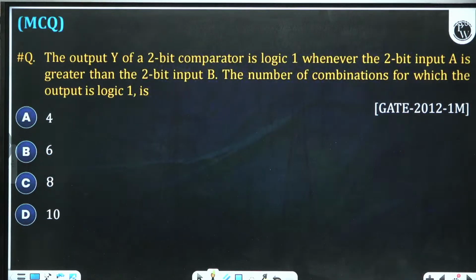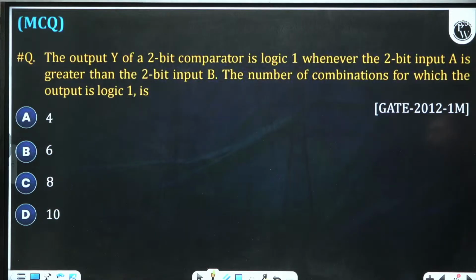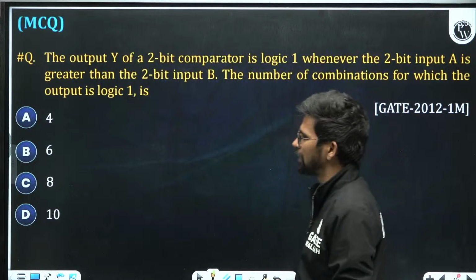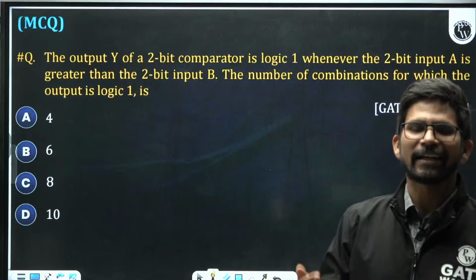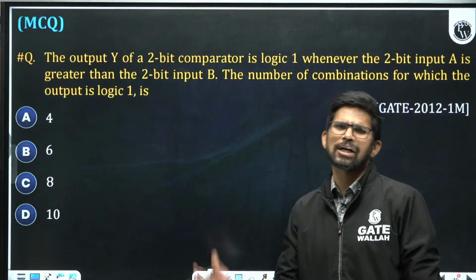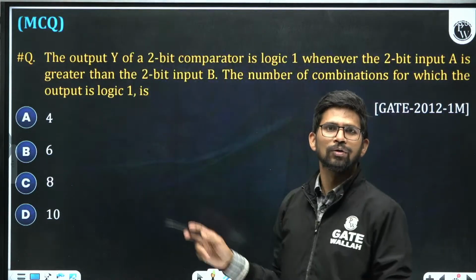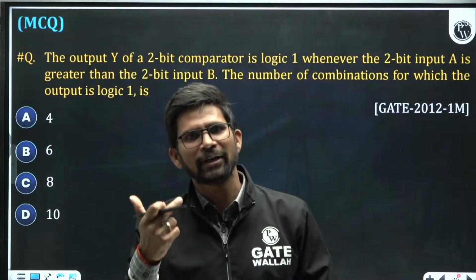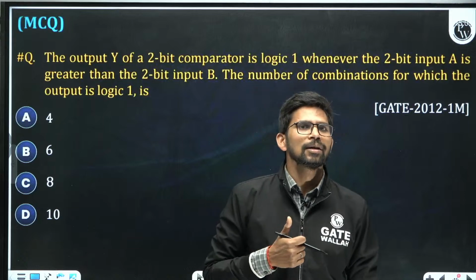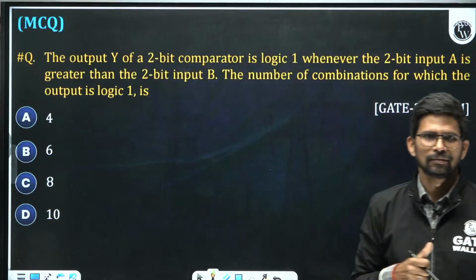एकदम गधों टाइप की बात कर देते हो बीच बीच में। The output Y of a 2-bit comparator is logic 1 whenever the 2-bit input A is greater than 2-bit input B. The number of combination for which the output is logic 1 is, बताइए जल्दी से। आउटपुट इज लॉजिक 1 मतलब इन हाउ मेनी कॉम्बिनेशन A greater than B is true, तभी तो आउटपुट 1 आएगा। वही पूछा, क्वेश्चन को घुमा के पूछ दिया। अभी यही पूछ देता the number of combination for which the output is logic 0, तो आपको बताना है कितने कॉम्बिनेशन में वो फॉल्स होगा, पीओएस वाला बताना है। हम जो n1 n2 n3 कैलकुलेट करते थे वो एसओपी एक्सप्रेशन के नंबर ऑफ टर्म्स होते थे, और उतने कॉम्बिनेशन के लिए आउटपुट 1 होता है ना।